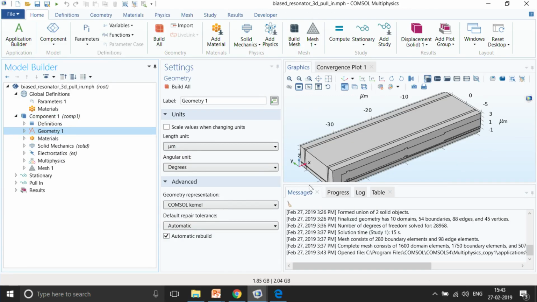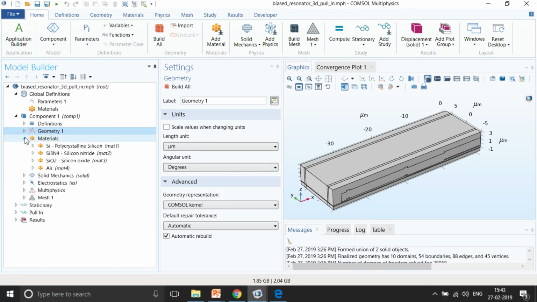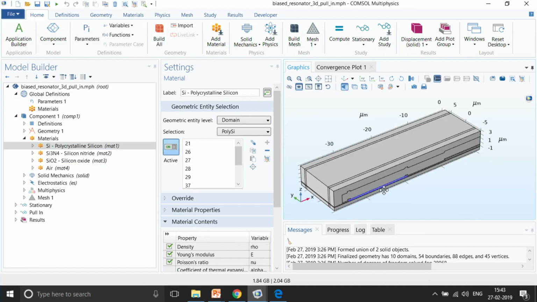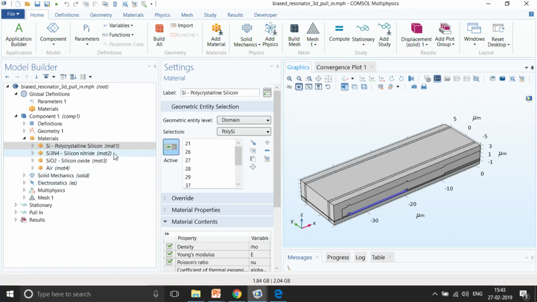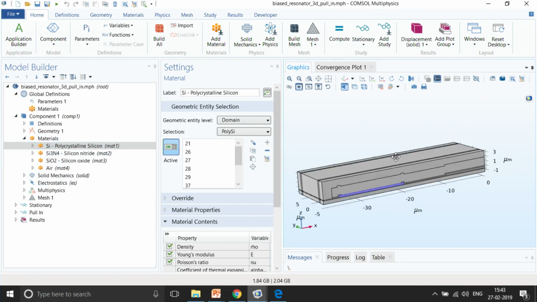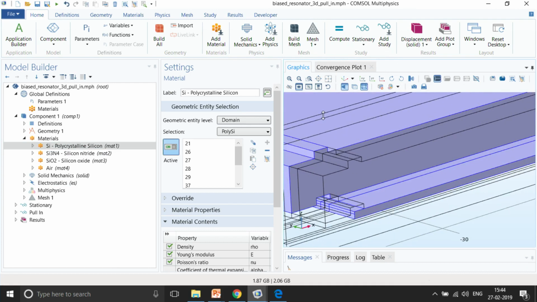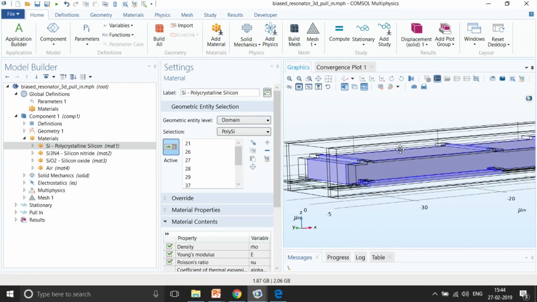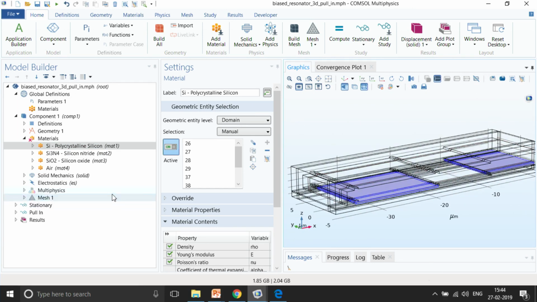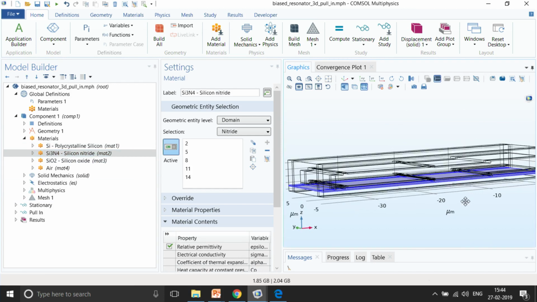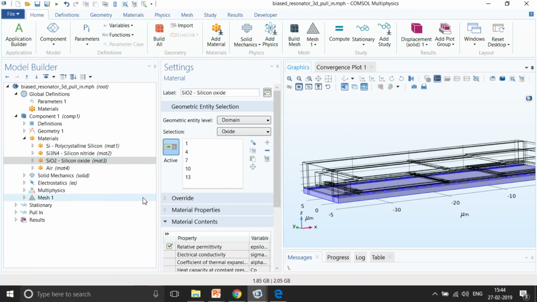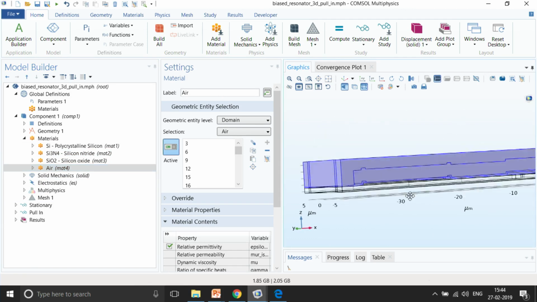Again, the geometry part is very important, and then the material part. Here we have used polycrystalline silicon. If I enable the wireframe rendering, it's polycrystalline silicon that you can see over here, and then we have silicon nitride in the bottom part and silicon oxide over here, and the rest of the domain is air domain.